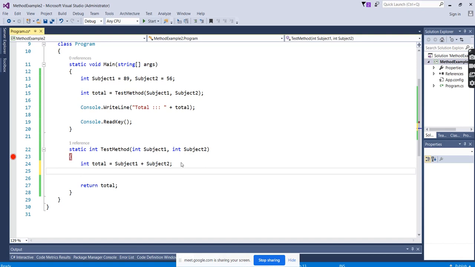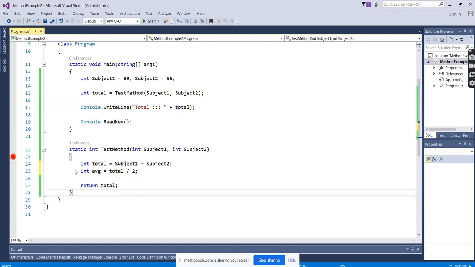Now I want the multiplication of it. Okay, I want the average of this. Average equal to total divided by. I want to display the total also. Sorry, average. I need to display the average.